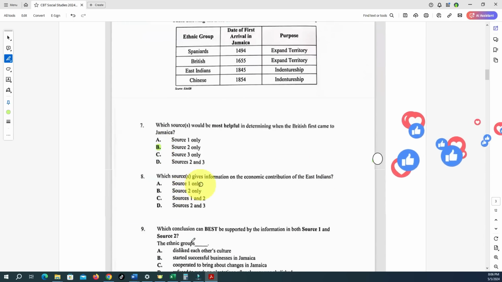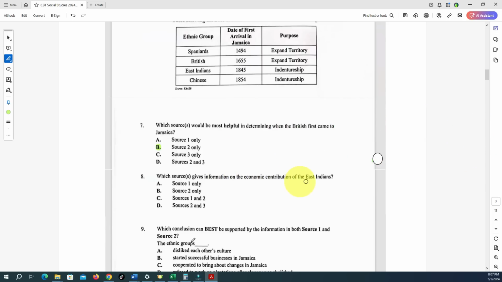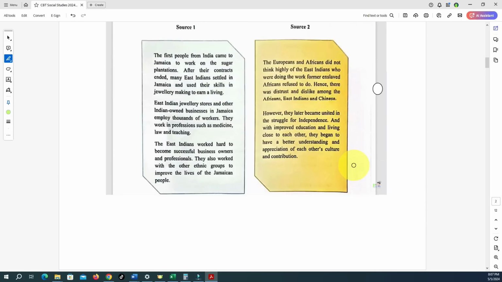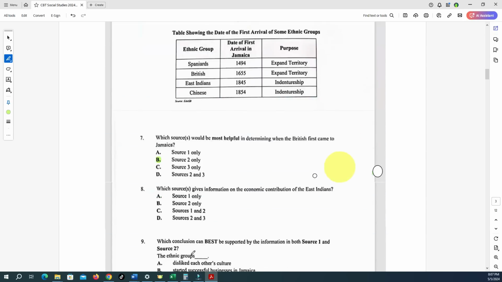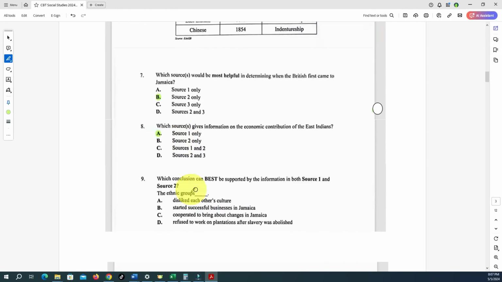Alright, which source gives information on the economic contribution of the East Indians? I would say it would be source 1. I'll say source 1 only. Alright, and which conclusion can best be supported by the information in both sources 1 and